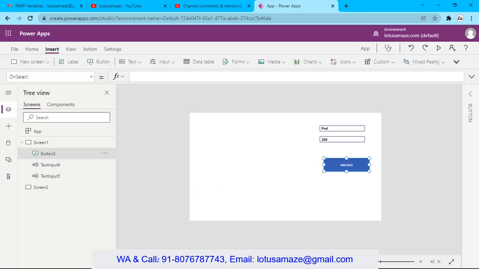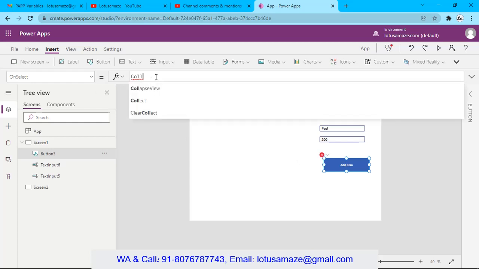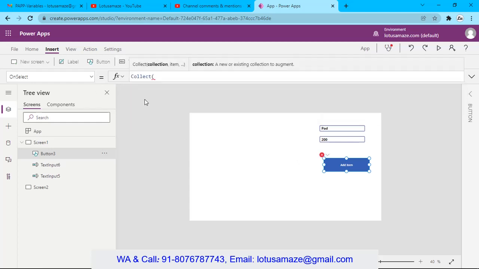Now we talk about the collection. What is a collection? A collection is a container which contains fields and values, paired values, keys and values. So we start with Collect, then the user-defined collection name, say MyCollection, then comma, curly brackets.